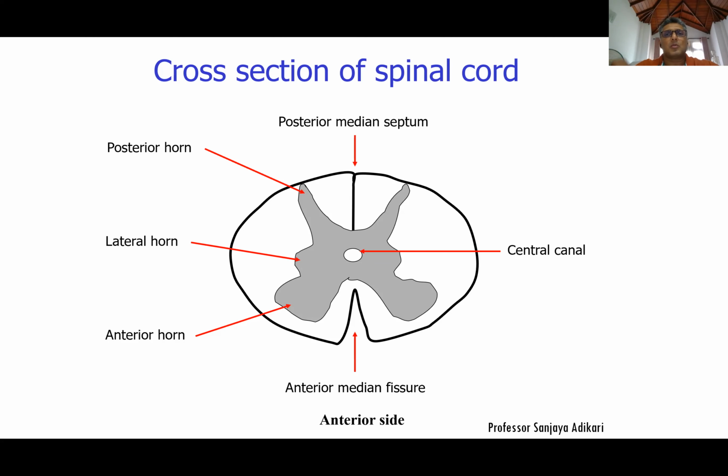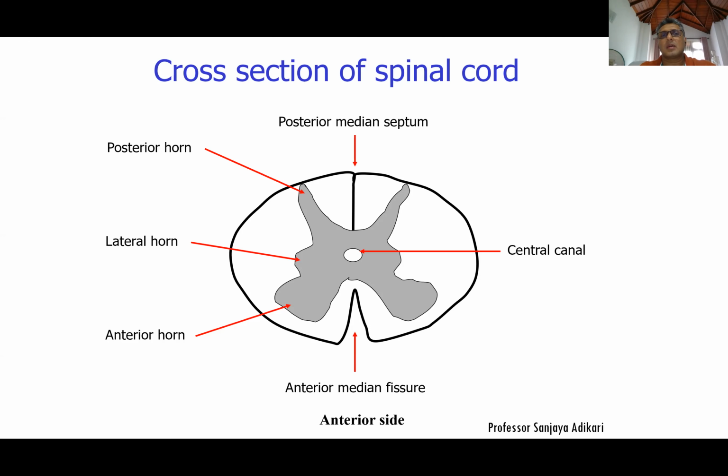So you get a posterior median septum here and an anterior median fissure. Then you get white matter outside and gray matter inside. So outside you get the nerve fibers, inside you get the nerve cells. You know this basic stuff already. Then if you look at the gray matter, especially in the thoracic and upper lumbar regions, if you take that area, you get the gray matter